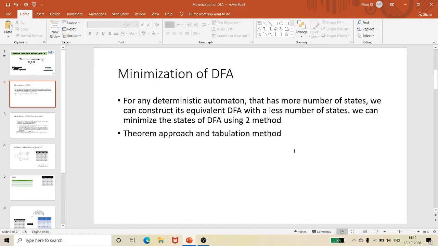Once you understand the reduction of states in a DFA using this theorem, even without pen and paper, by seeing the table and with a few minutes of observation, you can solve the sum. It doesn't require any big technology, but instead of going for a shortcut method, kindly follow this method as given by this theorem.